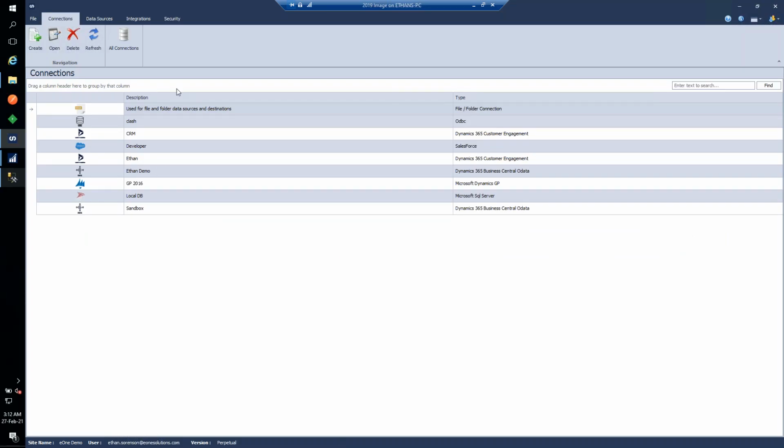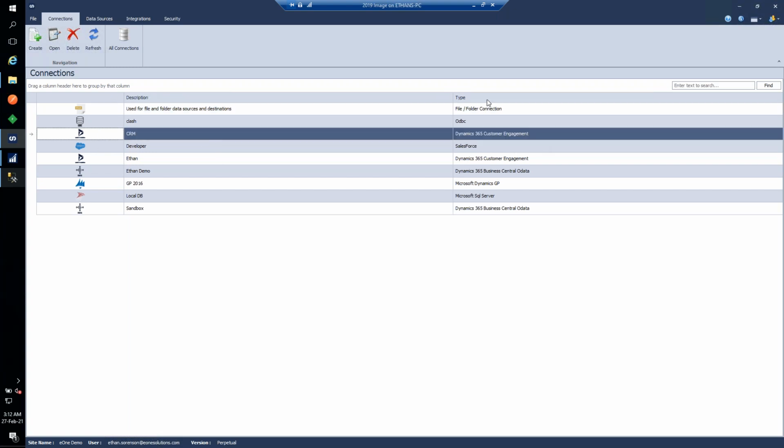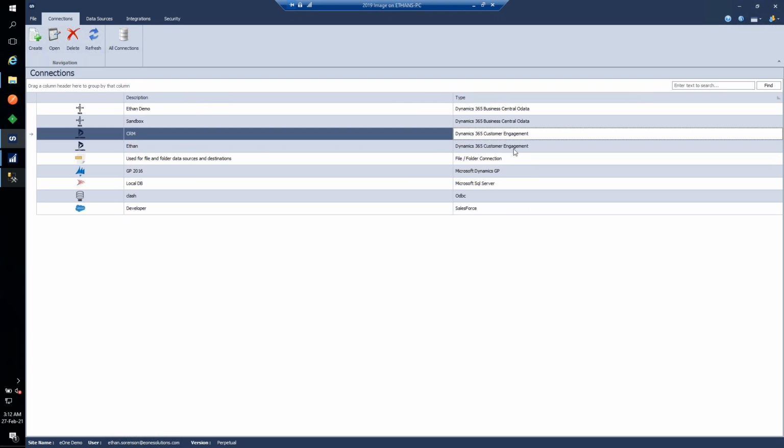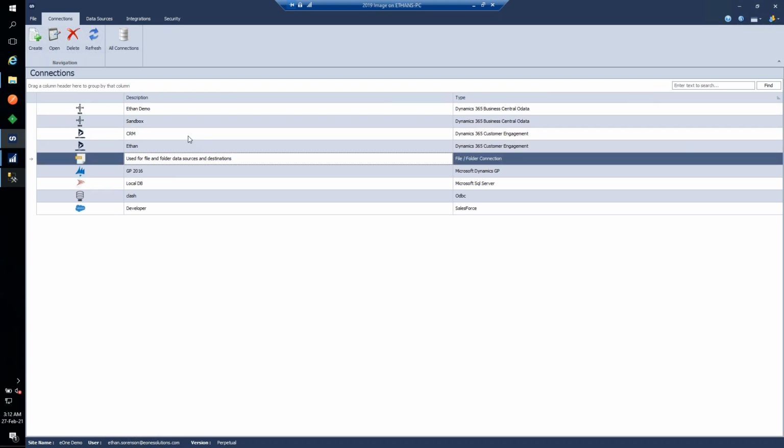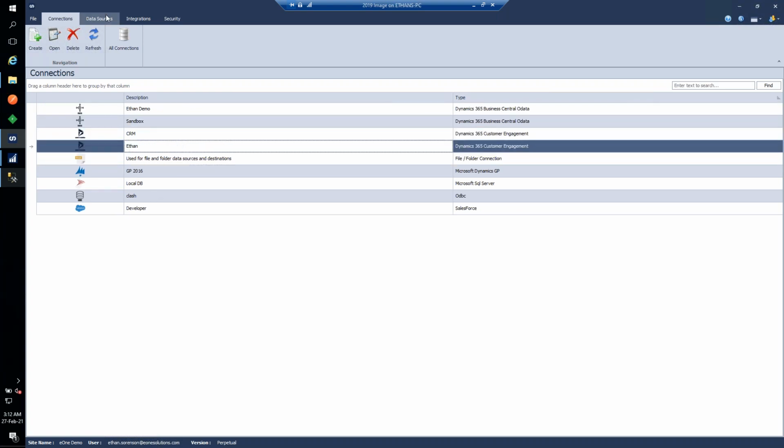If we jump into SmartConnect on-premise, specifically SmartConnect 21, the most recent release, we can see I have the ability to add multiple of one connection. So if I were to sort on type, we have a customer engagement for one here. We have another customer engagement. We have 2 Business Central ones. So if I select either of those as a map, so if I go to